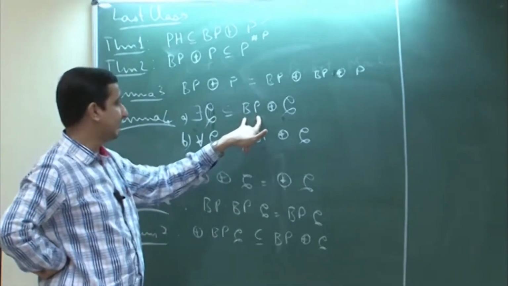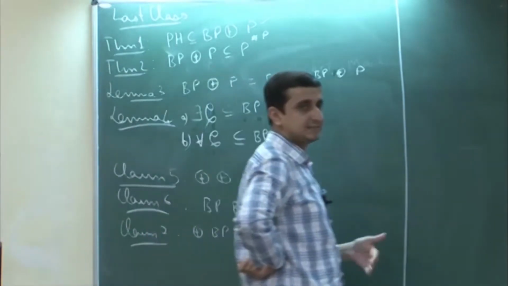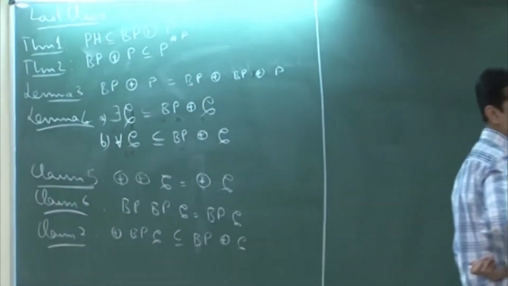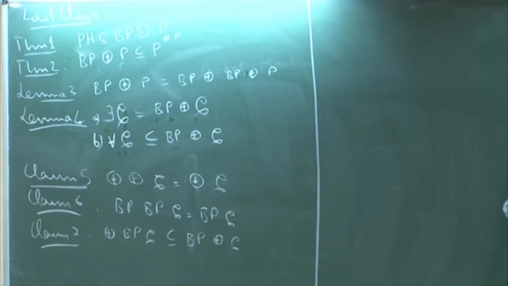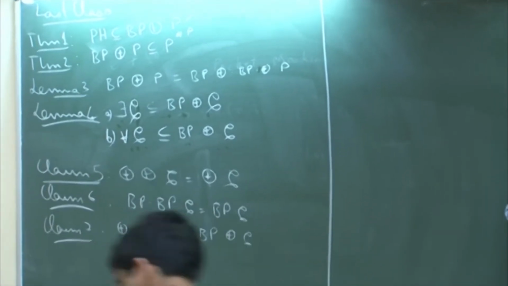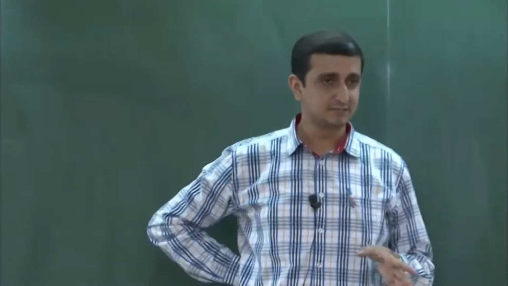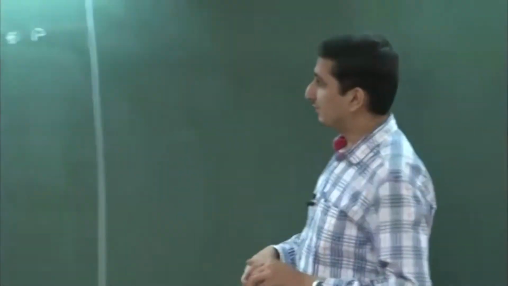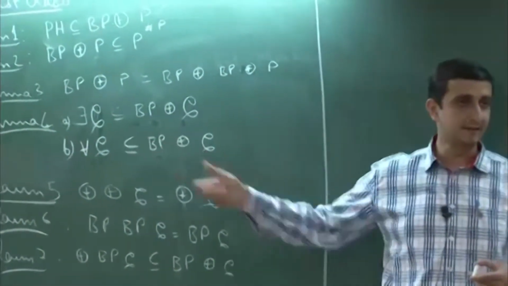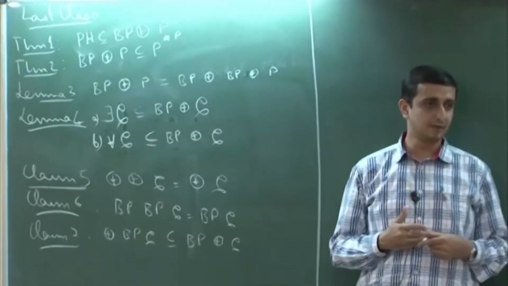The BP machine by its definition, if an instance is in the language, accepts with probability greater than 1 minus 1 over 2 to the power q(n), and if it is not in the language, it rejects with that same probability. So even if I switch the answers at the end, it is still a BP machine,